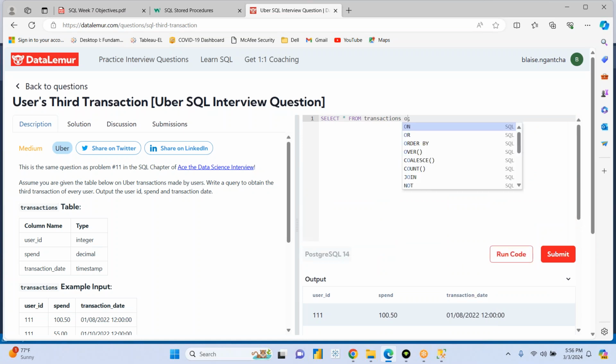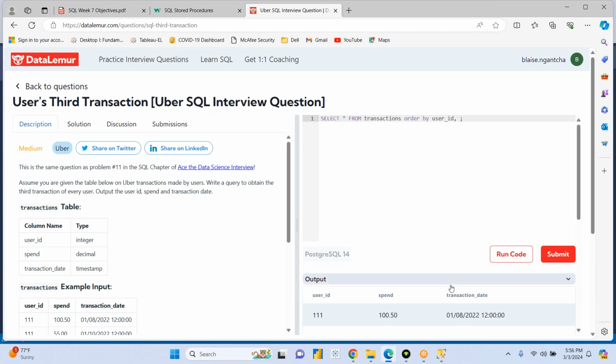For example, if I just go in there and do an order by, first order by the user ID. Order by user ID. Second, this is one of the questions we saw today. Can you use multiple columns in the order by? Can you sort by multiple columns? And we said, yes, I can then add this. This is acting like a tiebreaker. So once you sort by user ID, continue the sorting by transaction date. So if I run this code,